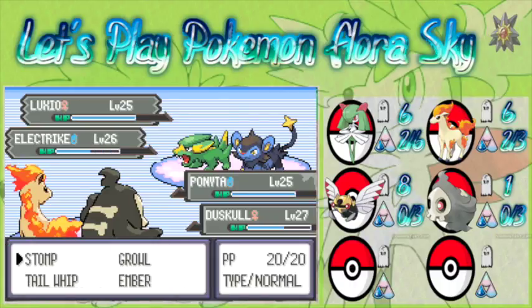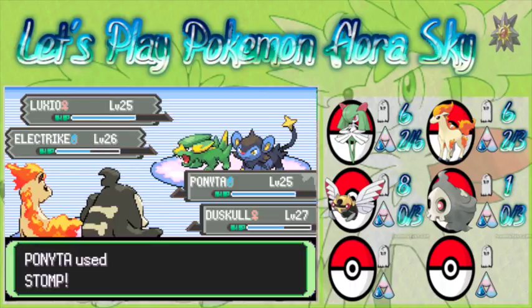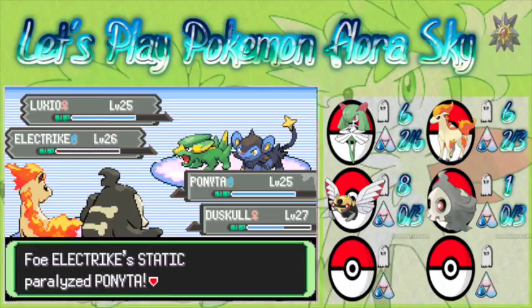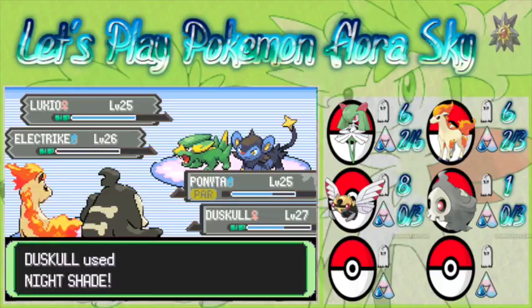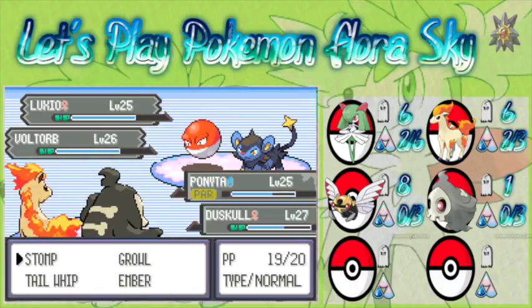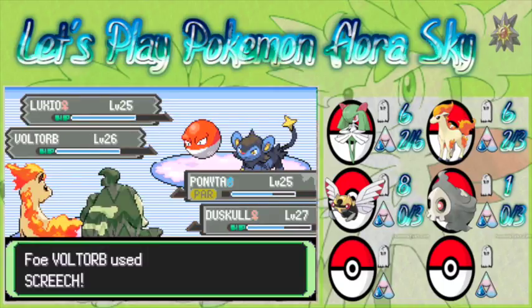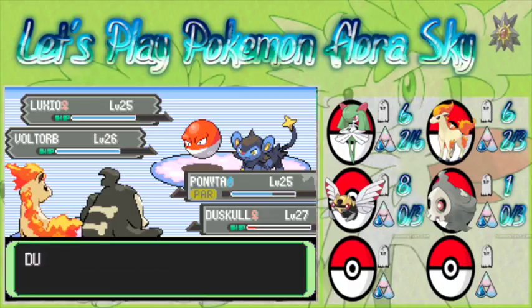Okay, so Ponyta, you can stomp the Electrike, and we'll also Nightshade it, just to make sure. We get paralyzed. There we go, down goes the Electrike, and you're going to send out a Voltorb, so we're going to Double Team. Make sure we get it down to 2-on-1. So you're going to Screech me, and we're going to get hit by the Bite as well. As long as we land this Stomp, though...